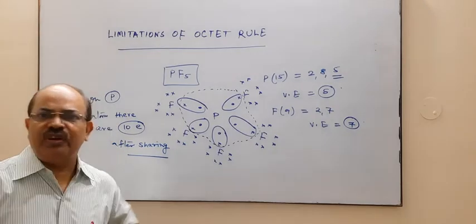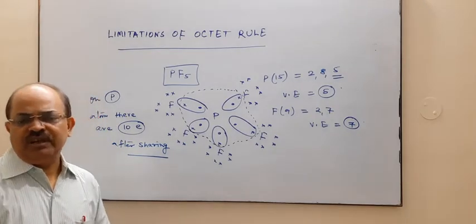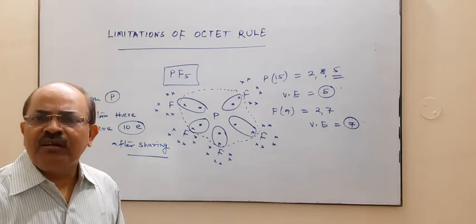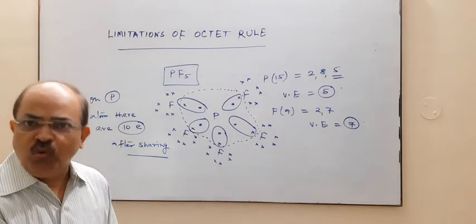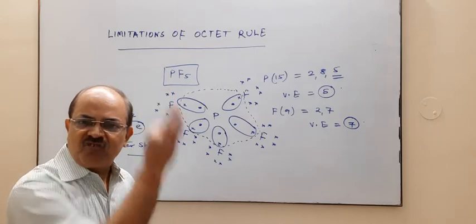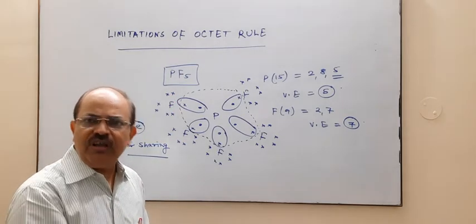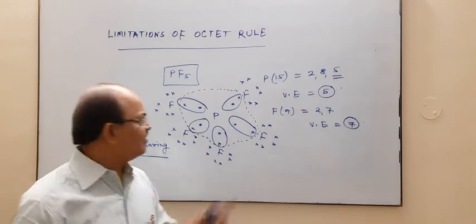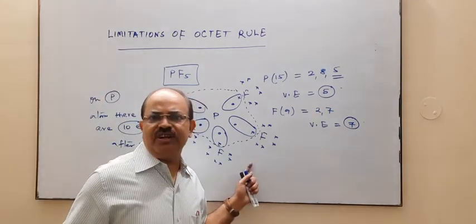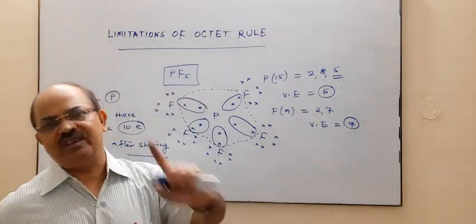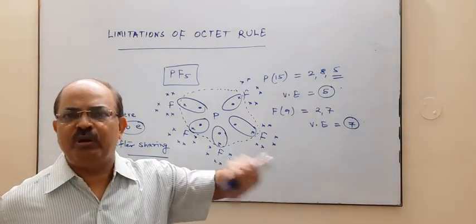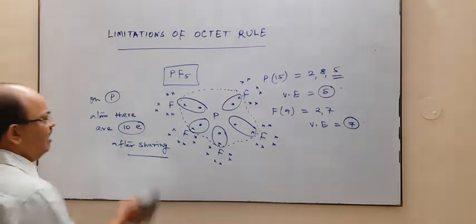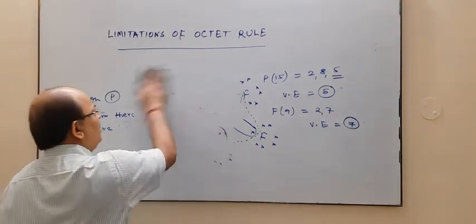So it has a super octet. It means it is not obeying your octet rule. It has an expanded octet or it has a super octet. तो आप ये बोलिए कि इसके पास एक्सपेंडेड ऑक्टेट है या आप ये बोलिए कि इसके पास सुपर ऑक्टेट है। सुपर ऑक्टेट मींस 8 से ज्यादा।